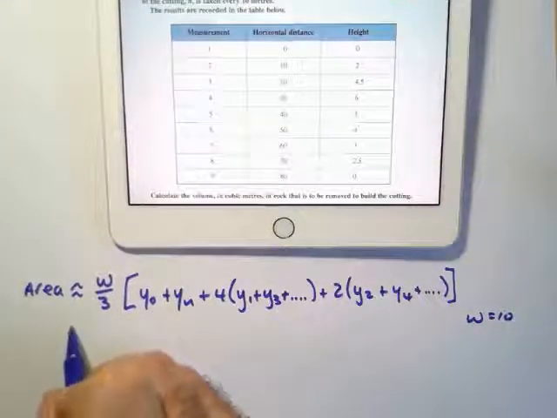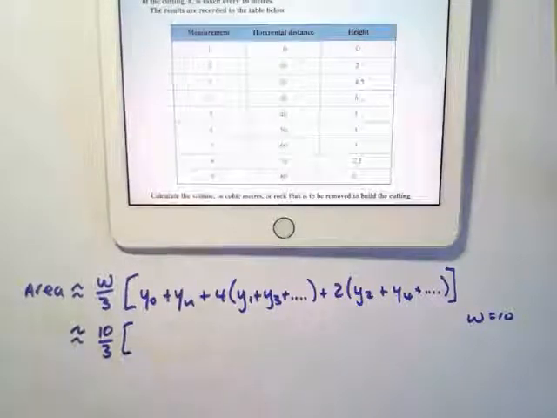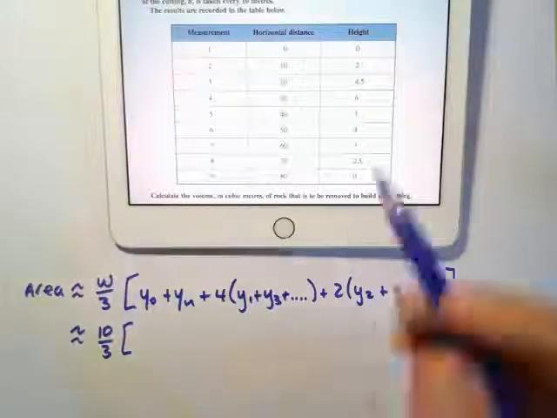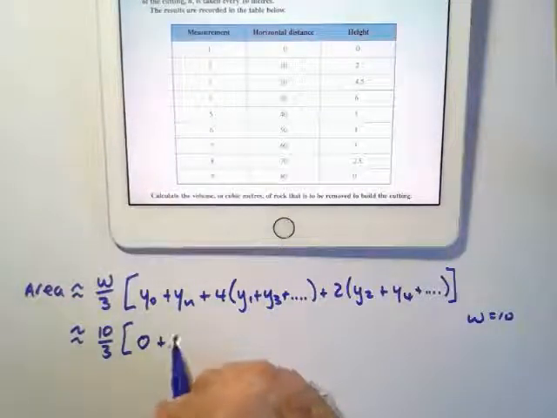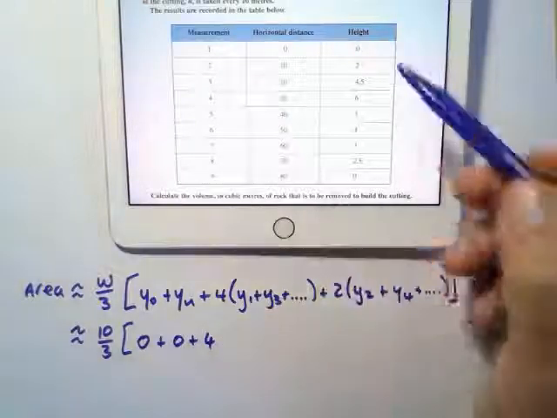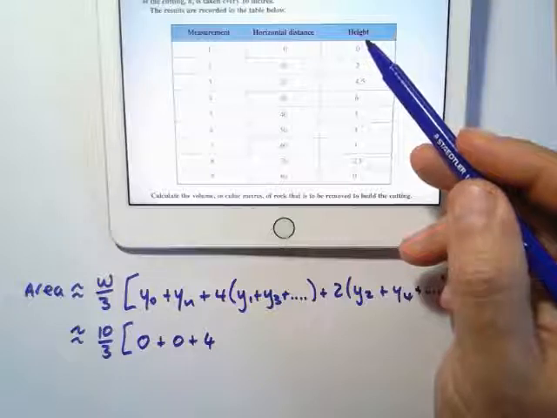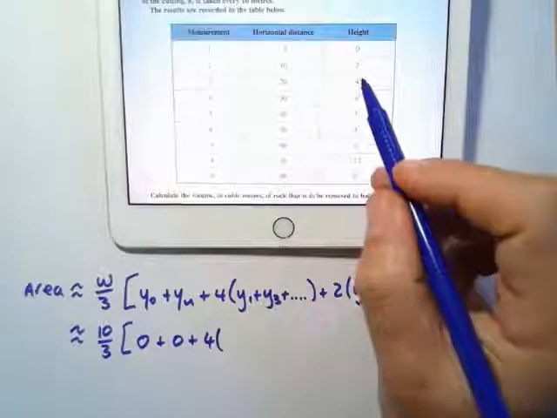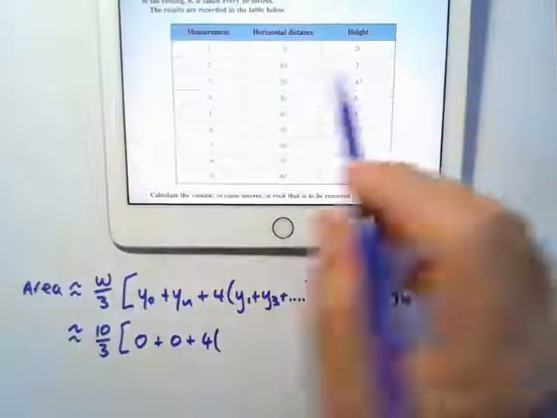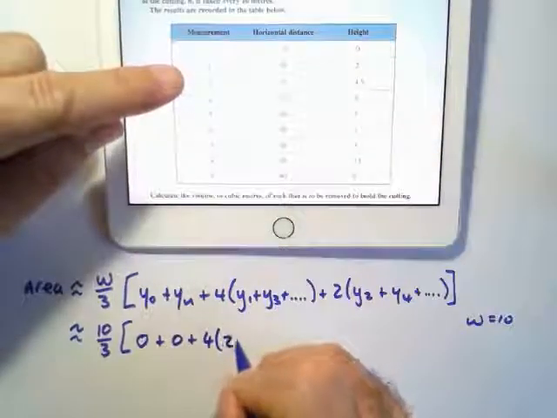Okay, so all I'm going to do is I'm going to say the area therefore equals 10 divided by 3. And I'm just going to use my readings, what I have already here. The first one is 0, plus the last one is 0, plus 4 times. Now we already used reading 1, so we're going to use reading 2, which is 2, so that's the first reading after that one. So it's going to be 2 plus